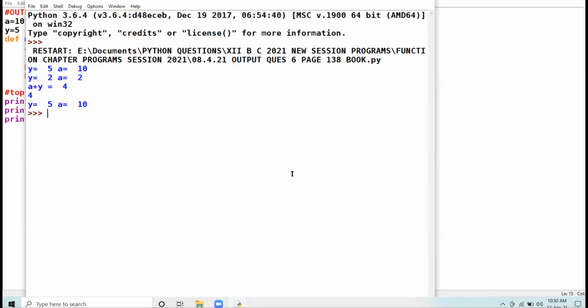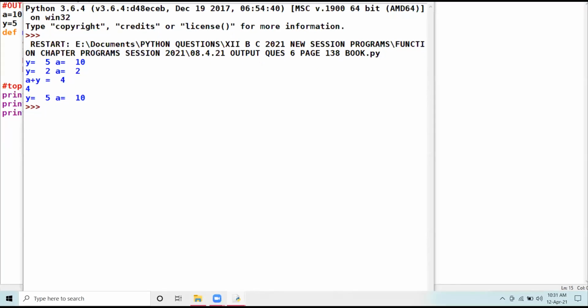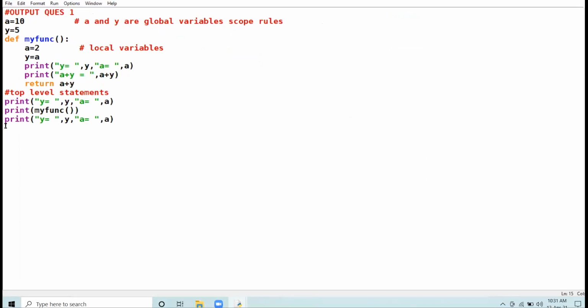Is the concept clear, students? When we encounter the return statement, we come out of the function. That is clear to you, Vanshika? We came out of the function and we came back to the statement from where we have called the function.